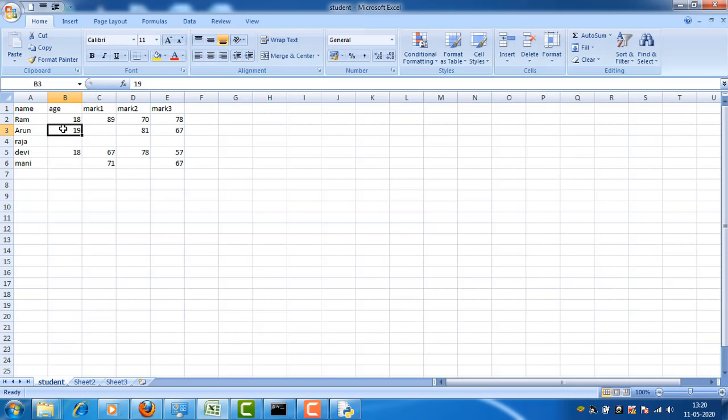Here the 19 is replaced to Raja only one time.